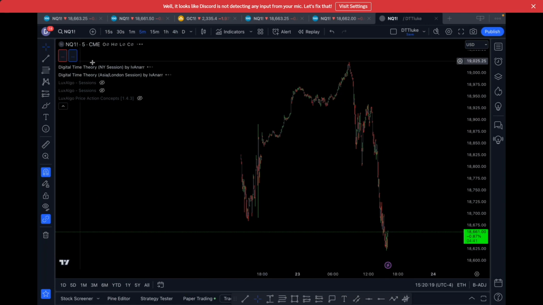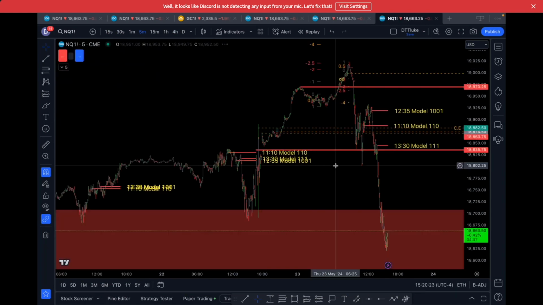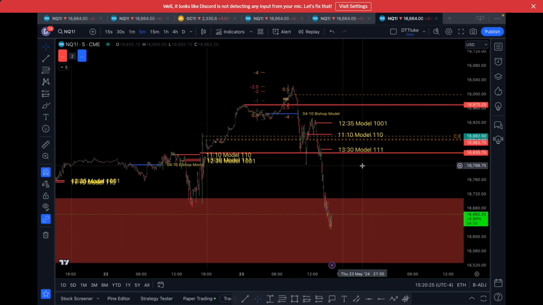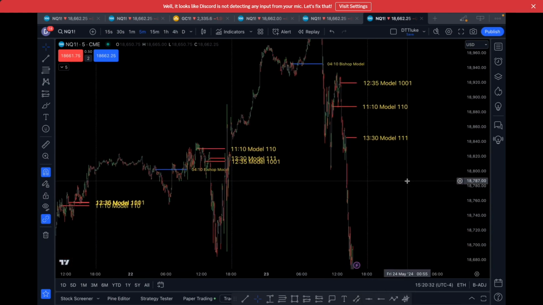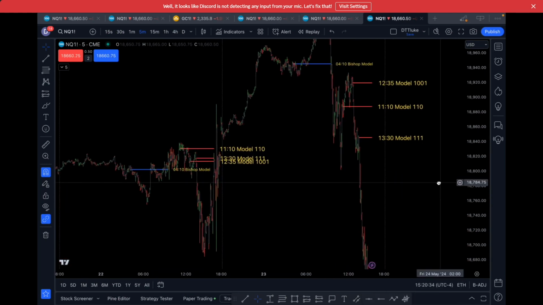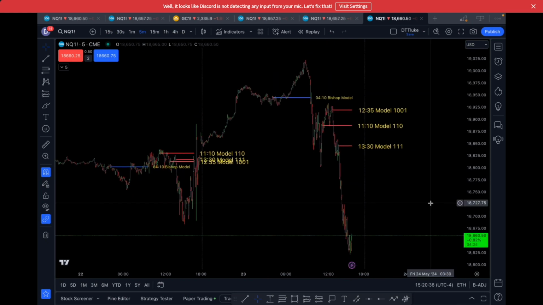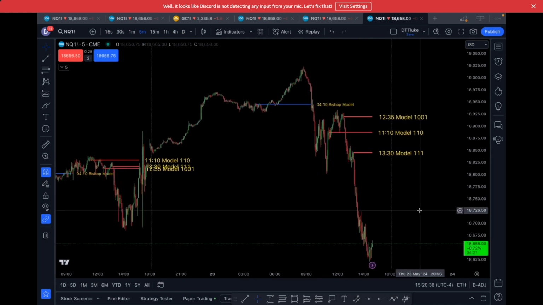So basically, digital time theory is by someone called Anar. I showed this code a bit earlier. He introduced something which is nice. I like it. I'm still testing it. That's why I don't want to give too much information until I can prove it's actually worthwhile. But basically,